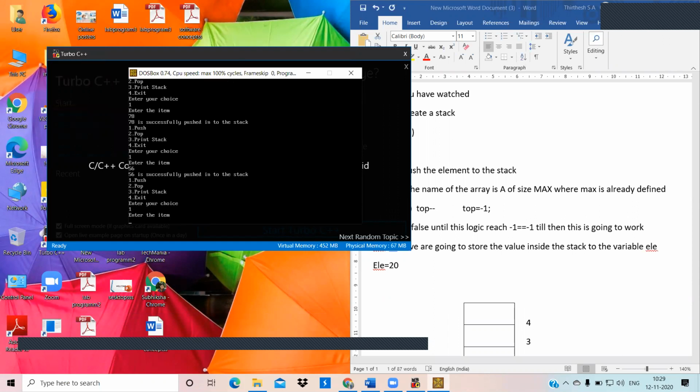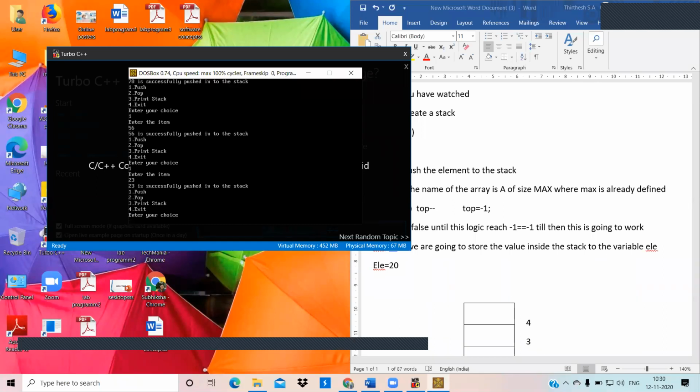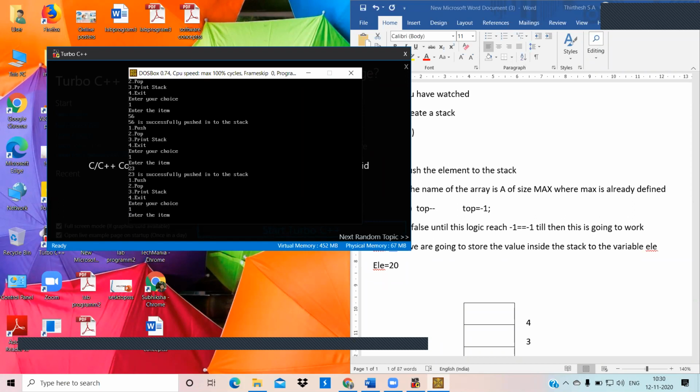Enter 1, and I am going to enter an item, 23. Now again I try to enter an element once again, 45. It says that the stack is full.